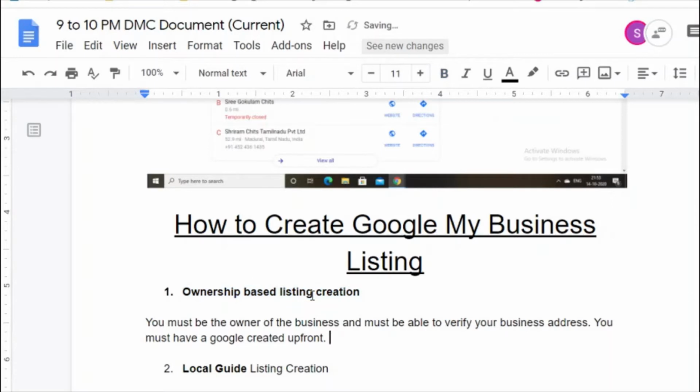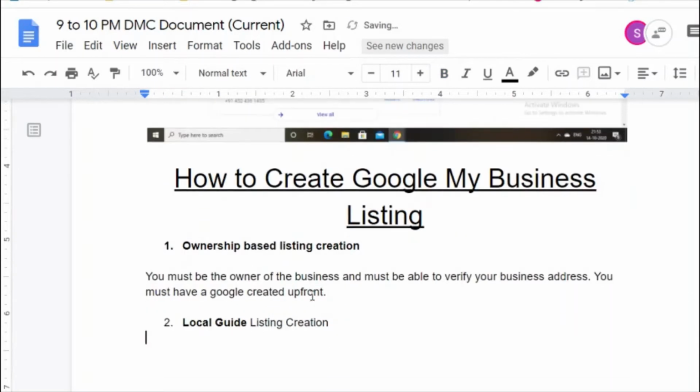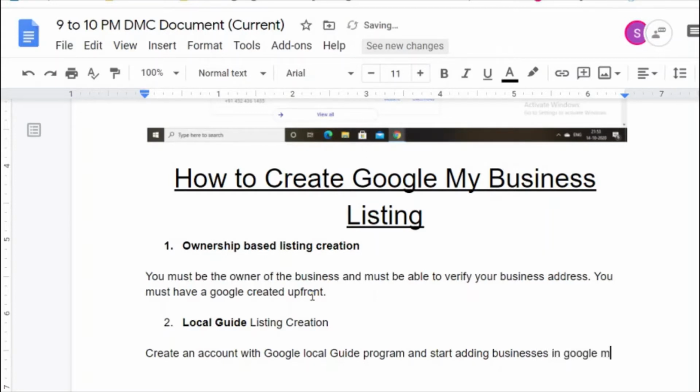And local guide listing creation is: create an account with the Google Local Guide program and start adding businesses in Google Maps.